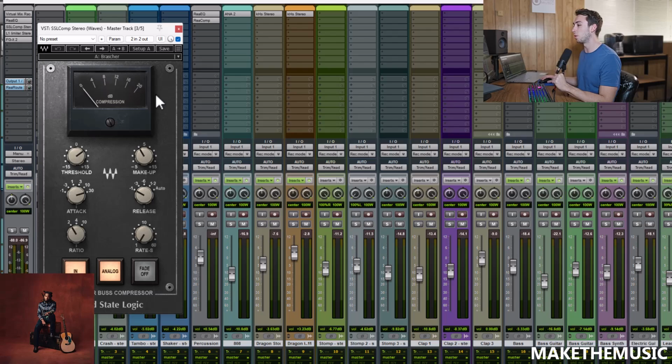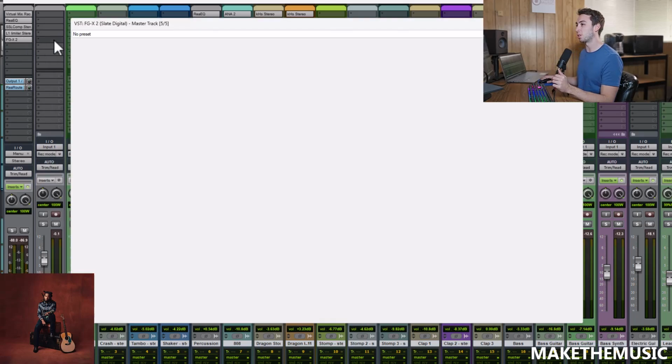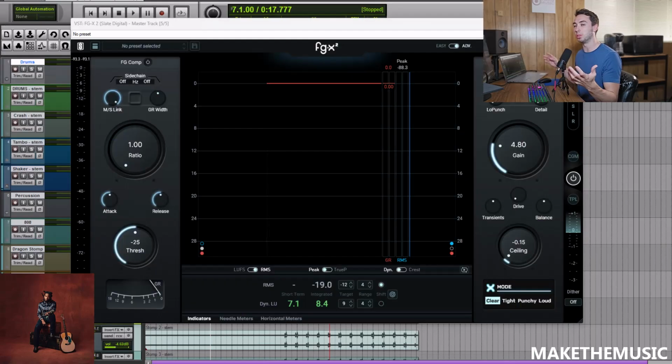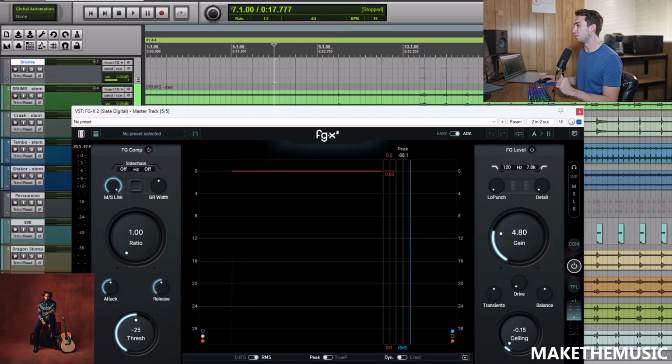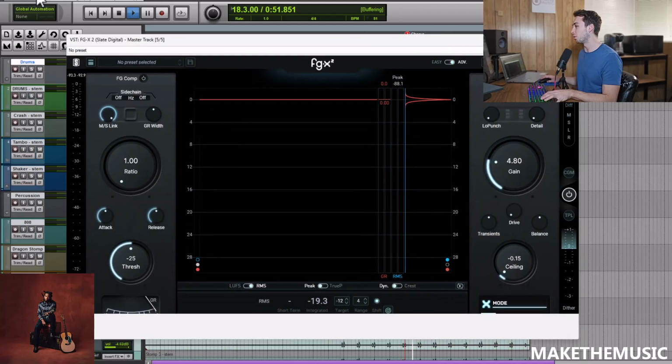I'm using the SSL compressor. The compressor limiter settings were probably the toughest part of this track because one of the kick drum stomp tracks actually kind of clips the whole mix. So it's a very interesting way. So I have to use these compressors. I'm using the SSL compressor here, using the L1 limiter, and then the FGX2 to bring it up to volume, but to also catch some of these really over-the-top transients that we get on some of these stomp tracks. So if I have the plugin running here in the chorus,